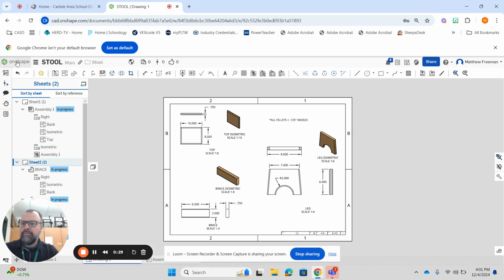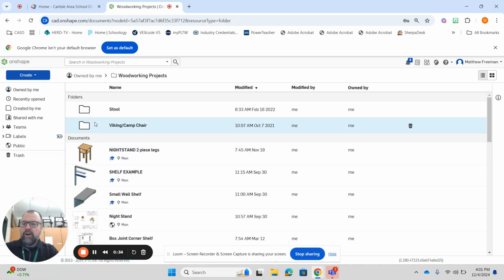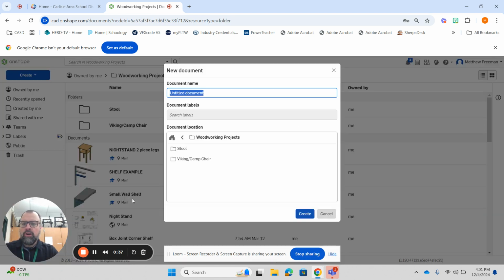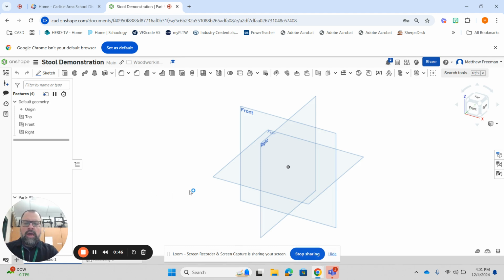So let's get started. I'm going to go into my folder here and start a new document called Stool. As you can see from the plans that I have posted in Schoology, we're dealing with a pretty small stool. The overall dimensions of the top of it, as I have in the plans, are 8 by 10 inches. You are welcome to do some modifications to that, but I'm going to be working from those dimensions for this